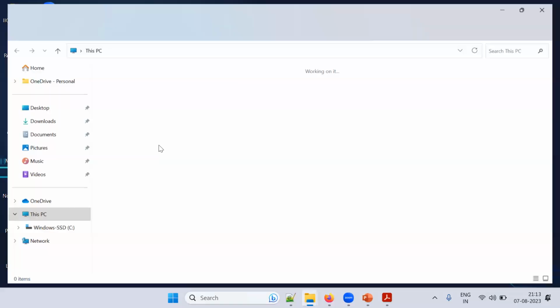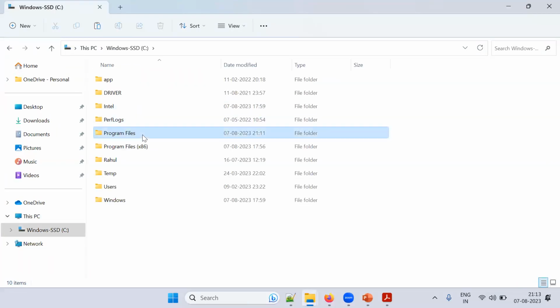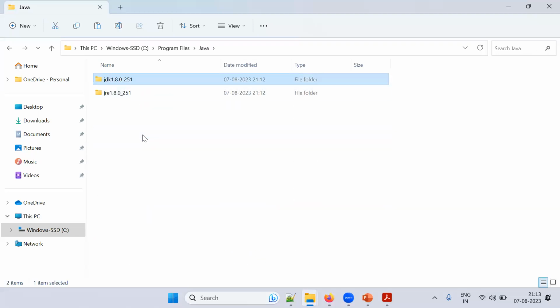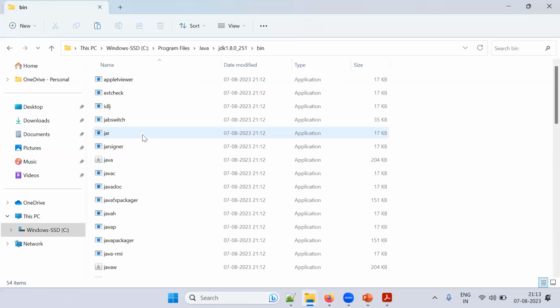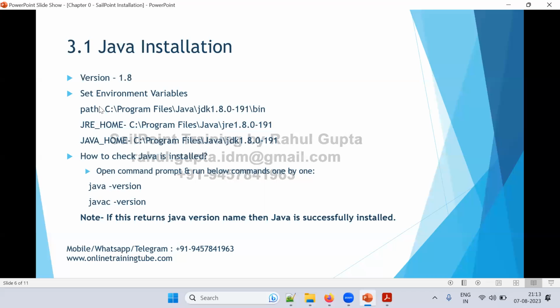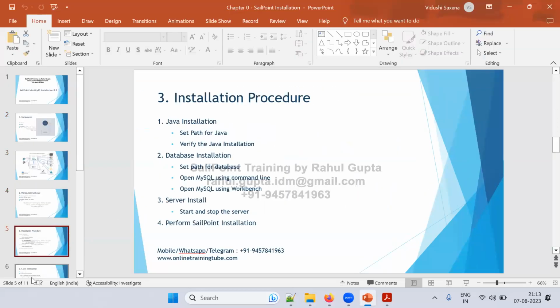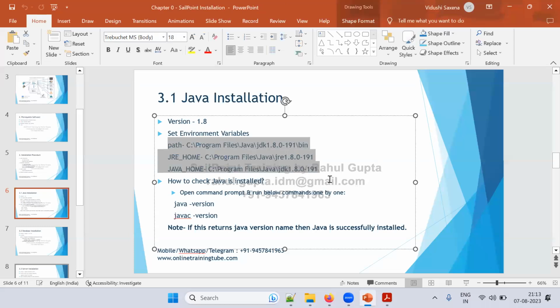If you go to C drive, Program Files, Java, JDK, development kit, and bin. Only inside this bin folder, Java is available actually. I have to make sure that my Java is available in my complete operating system. So for that reason, I need to set the environment variables, the path variable, right? So for the path variable, how can I set this? Just copy these three paths,